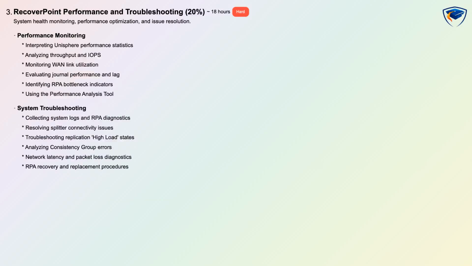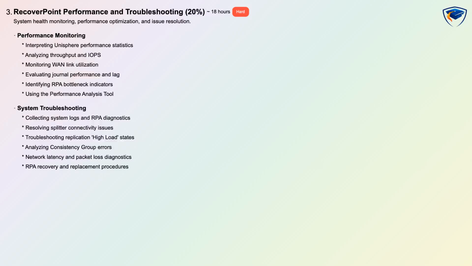Moving on to the RecoverPoint management and operations domain, which makes up 30% of the exam. This domain focuses on protection configuration, consistency group management, and recovery operations. You'll need to understand how to create and configure consistency groups, manage distributed consistency groups, and configure protection policies and